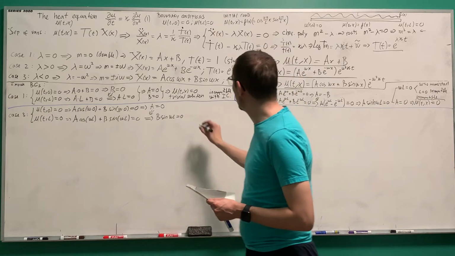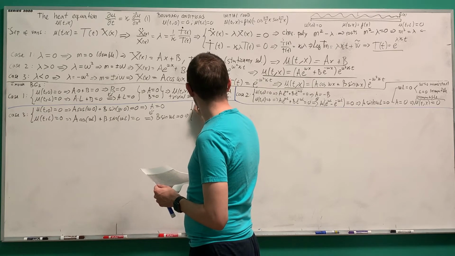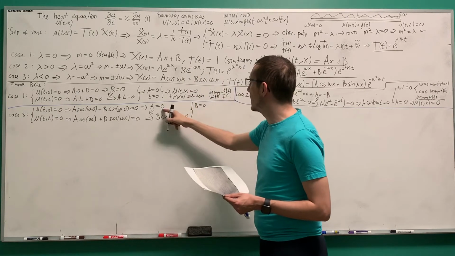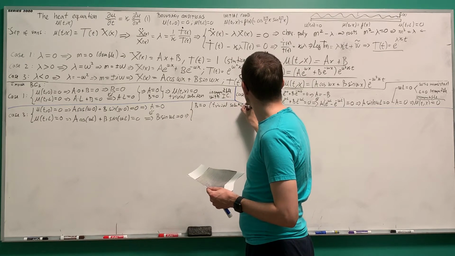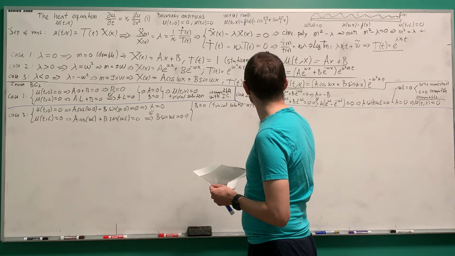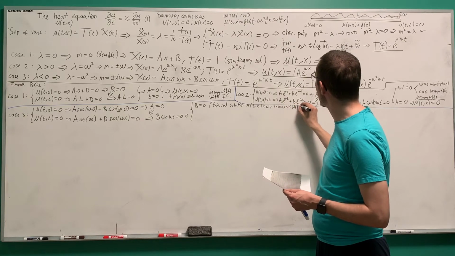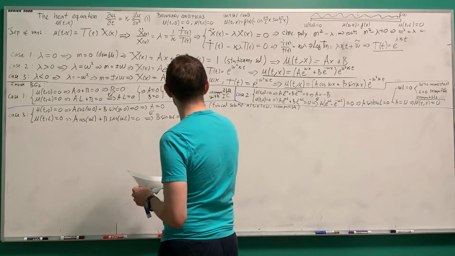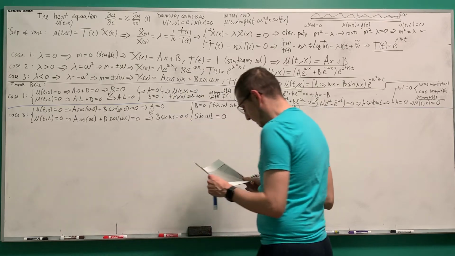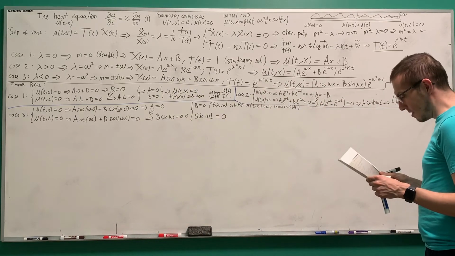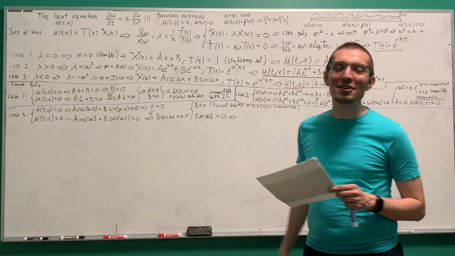Two possibilities, same as before. Either b is equal to 0, but that yields a equals 0, b equals 0, so this is the trivial solution u of t, x equals 0, which we know is incompatible. The other option, though, is that the sine of omega L is equal to 0. Wonderful. So if the sine of omega L is equal to 0, that allows me to find a condition for